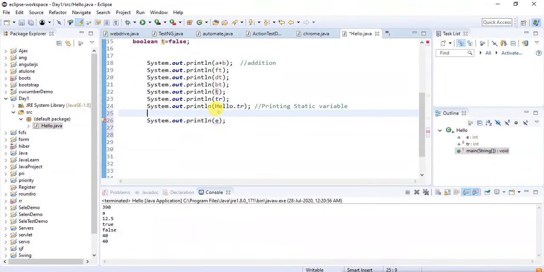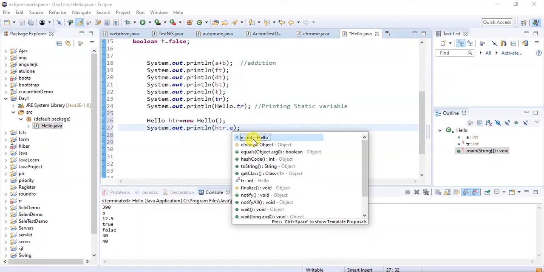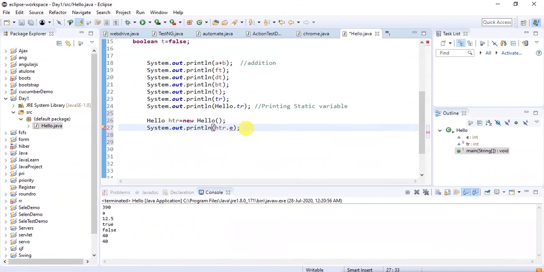So for that, what you can do is create one object. We use the class name, give a reference variable, then instantiate this class. And we are going to use str.e. Now this will print our instance variable.